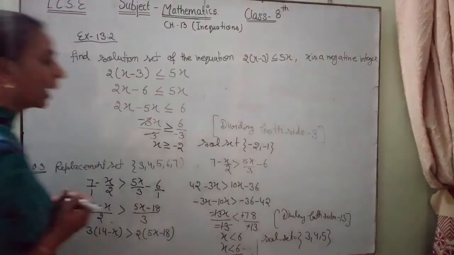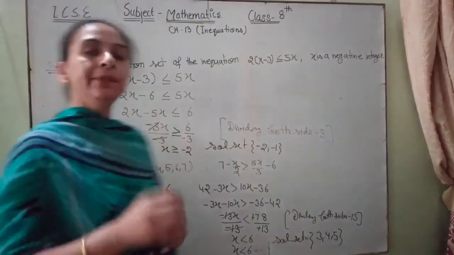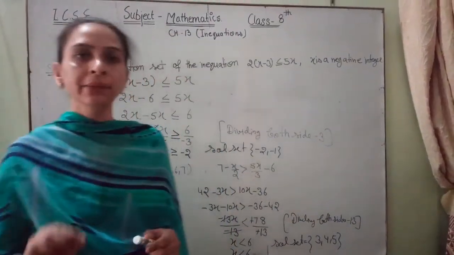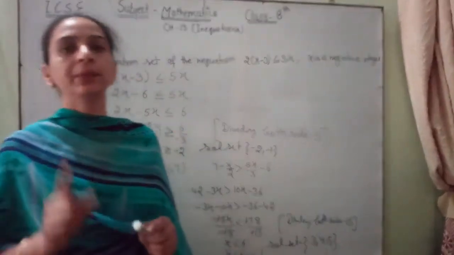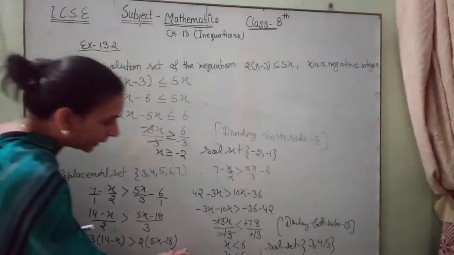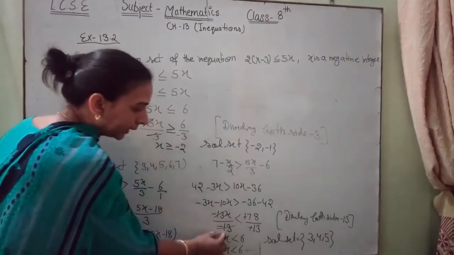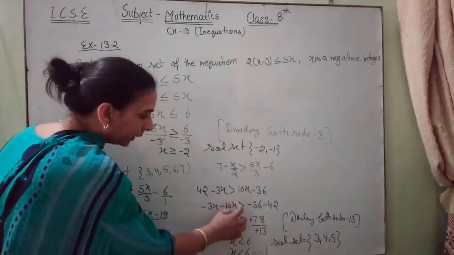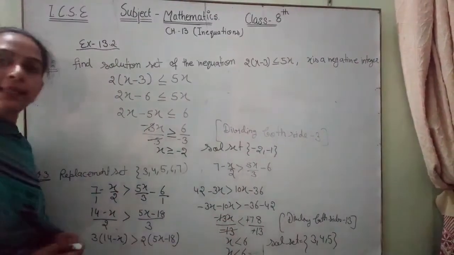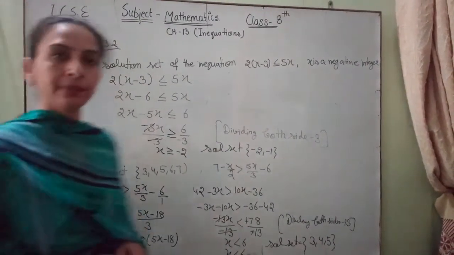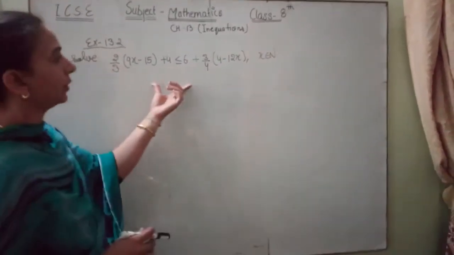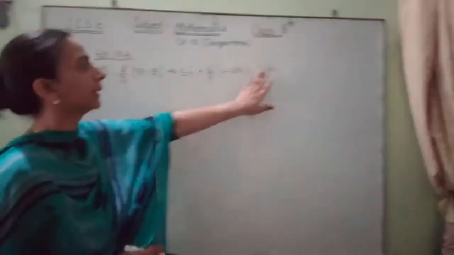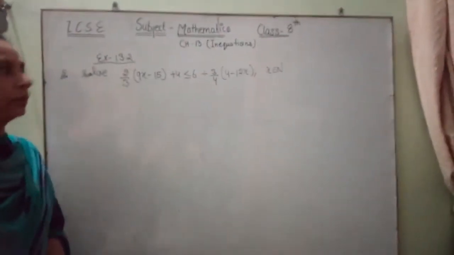Okay student, you learn that when we divide both sides by a negative number, the sign of inequality changes, and if we multiply both sides by a negative number, the sign of inequality also changes. Same as before, if we divide both sides by negative 13, the sign of inequality changes, so less than 6. Okay student, next question is question number 5. Solve these inequations. X belongs to N, that means the replacement set is the set of natural numbers.